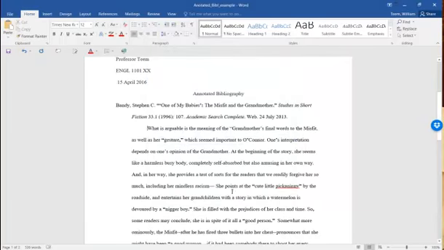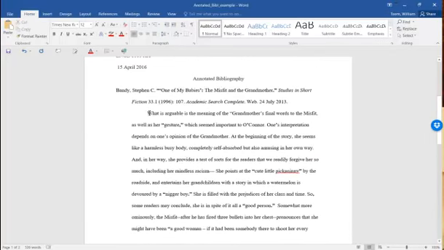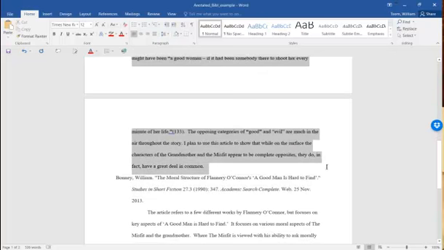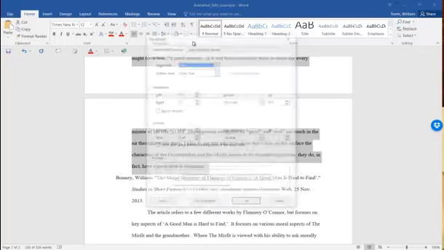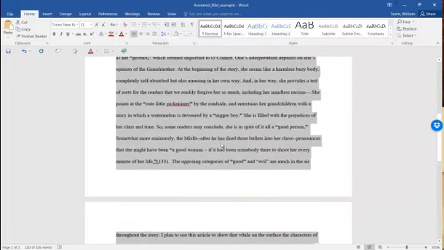Okay, let's try first line there. Okay, that looks much better. Okay, so if you see here, I've got it highlighted, and then I went from something that looked like this, which is a little difficult to read,